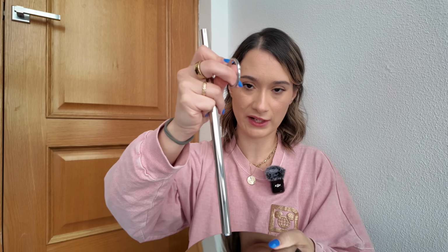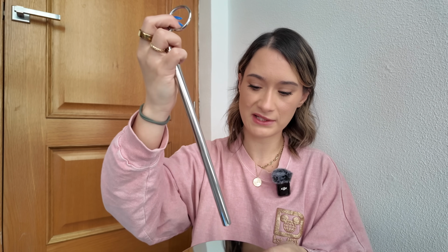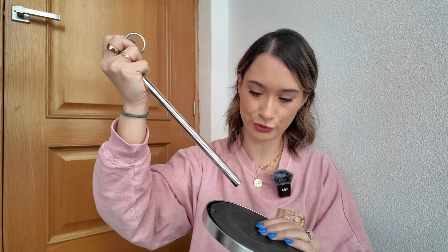But this right here doesn't feel like it's like the best quality, to be honest with you. It is a paper towel holder, and it was missing a piece. It's missing like the screw for it, and then also it just doesn't feel like it should. Like, it doesn't feel like it's good quality. It feels very, very low quality, very cheap in my opinion. So I'm definitely going to try to get this one replaced. So I told you guys I was going to be honest with you, and that is one product that I'm